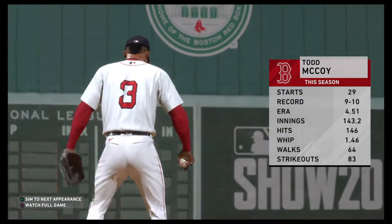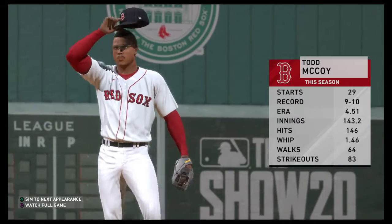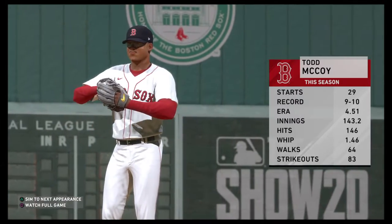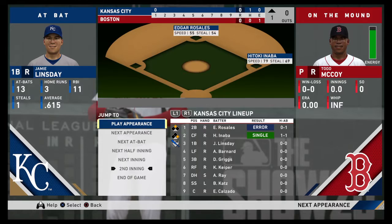Todd McCoy will do his best on the mound to keep his team alive here in the division series. What do we need to know here, Danny? Hey, we're going to get a chance to look at a guy that is a little bit up and down throughout points of his career. A career ERA just over 4. When he's good, he can be really good. And when